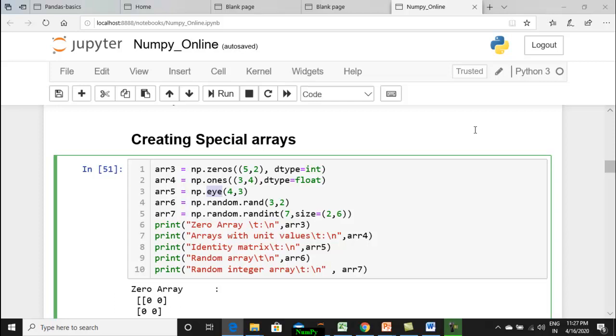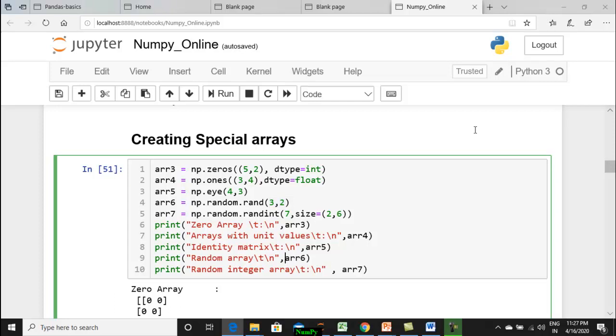It will create an array of size 3 cross 2 filled with values that lie between 0 and 1. Suppose you want values that go up to 7, you can use randint, with values till 7, and the size is 2 comma 6. It should be a 2 cross 6 array.